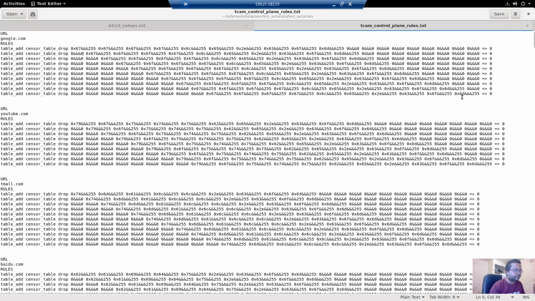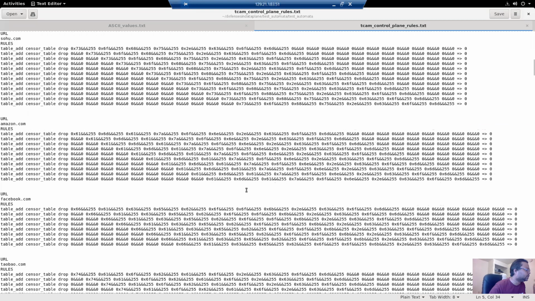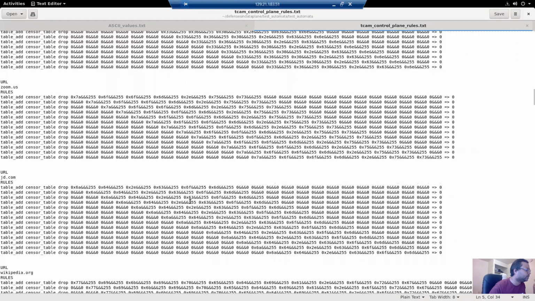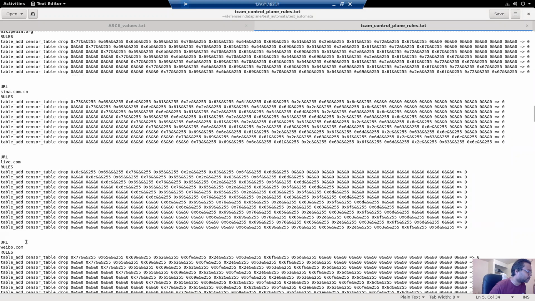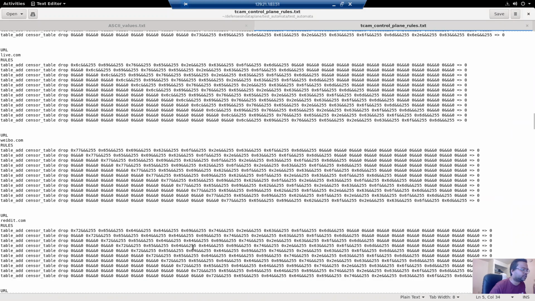So whenever they match any of the patterns. On the flip side, if you parse too many bytes and the URL or domain name you want to filter is small, then you're going to have multiple rules, because you are not sure where they are lying. So you have to cover all the remaining bytes with don't care. You see for each one in the Alexa top 50, like wikipedia.org, vivo.com, we have the corresponding rules.